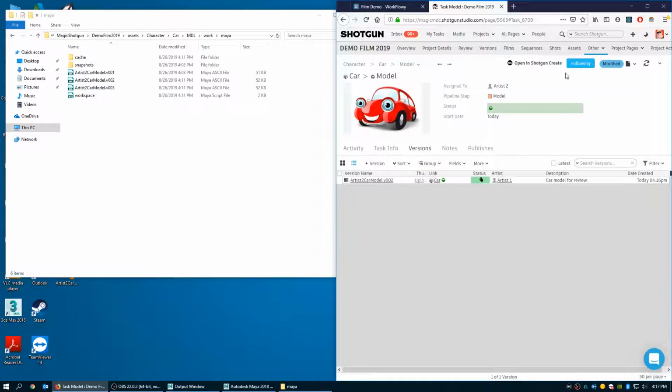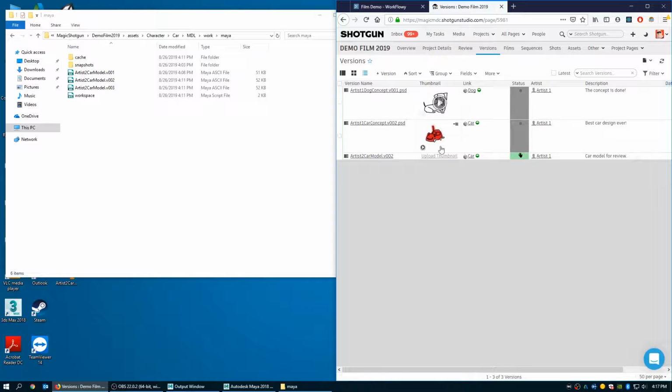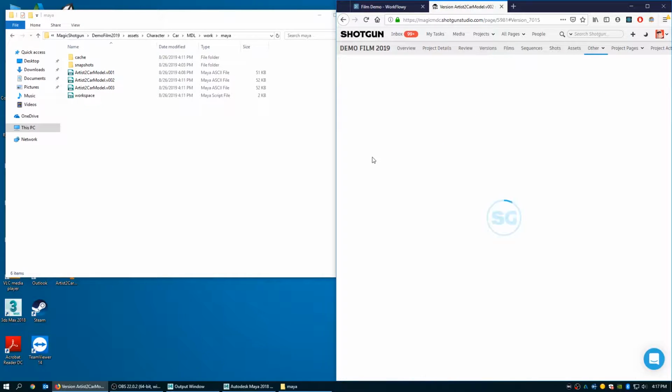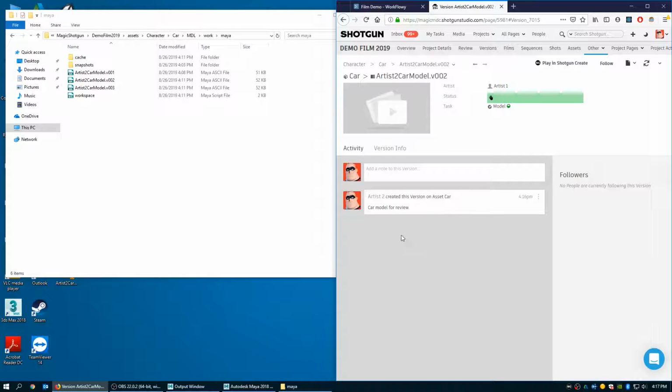So inside of the context of the web application, that's what we mean by creating versions. So what's the point? Why do we create this version? Well, now with this version, this is what's going to be reviewed. So when people look at all the versions that have been submitted for this project, they'll see, okay, here are all the different versions. So they can click on the car model,